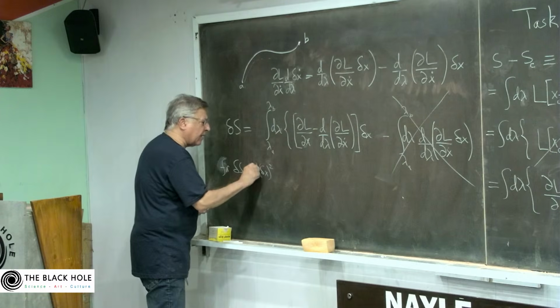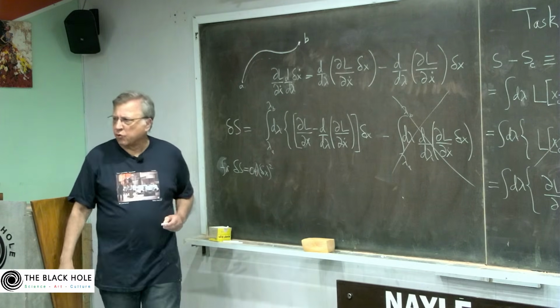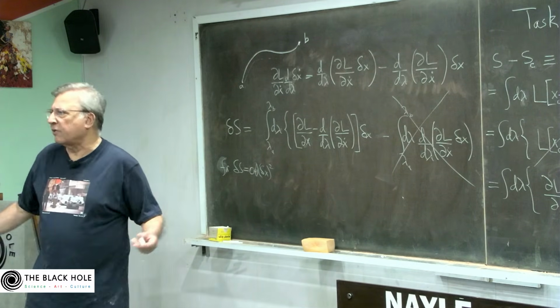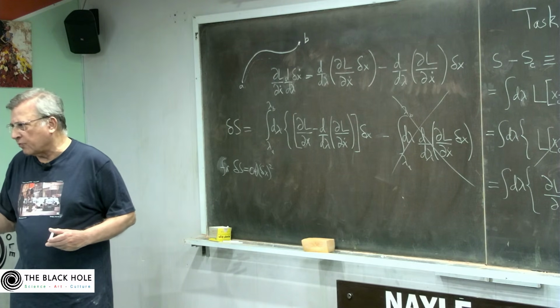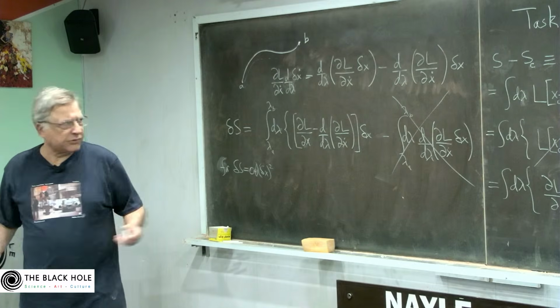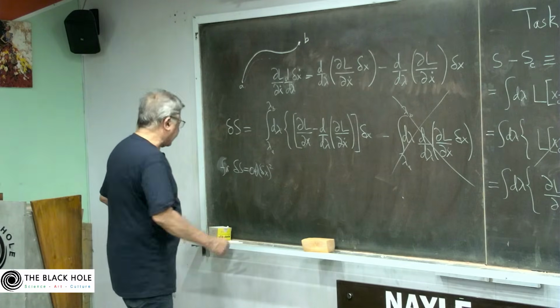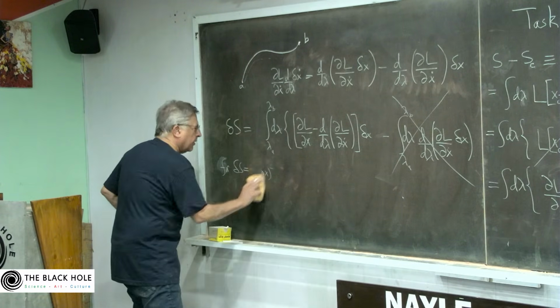Whatever terms there are have been thrown away. Those are of higher order, and we don't care about them because we can make that smaller and smaller. That's our choice. And so delta s has to be 0,